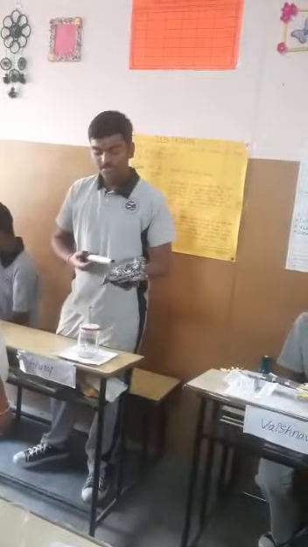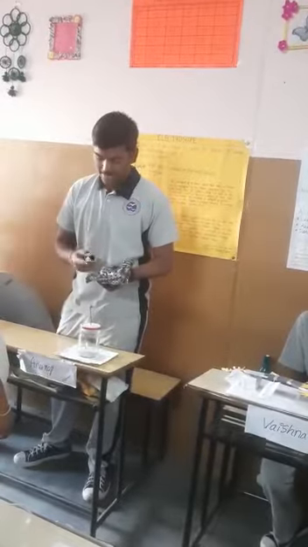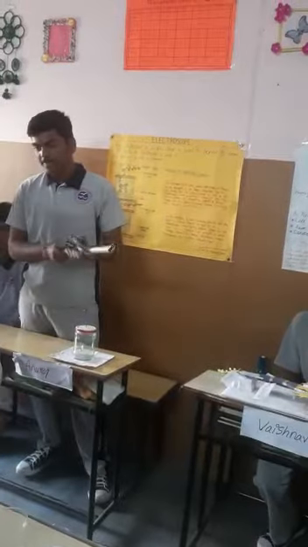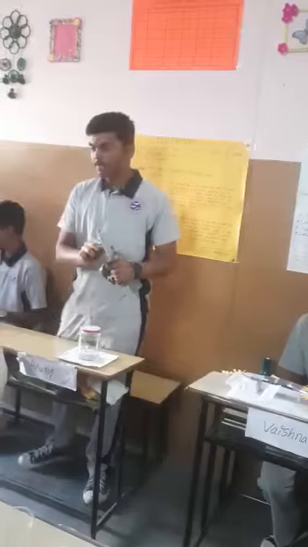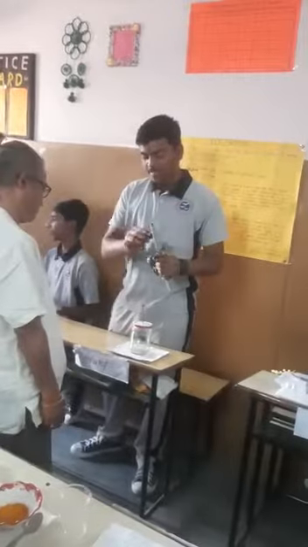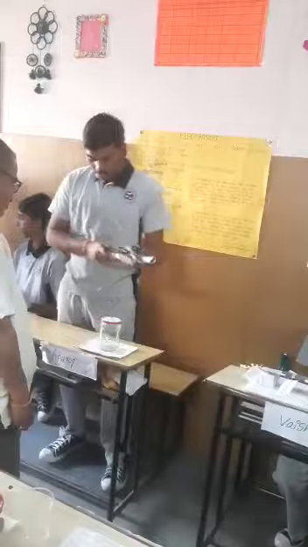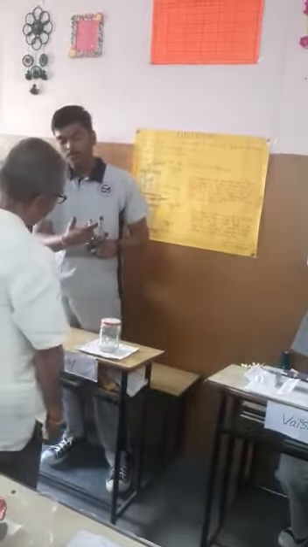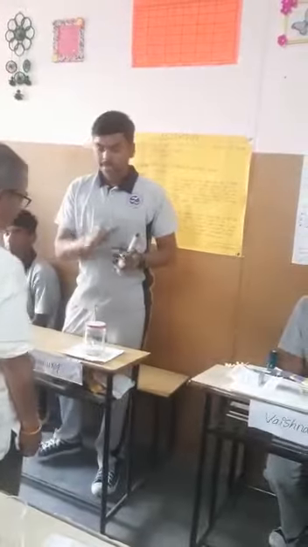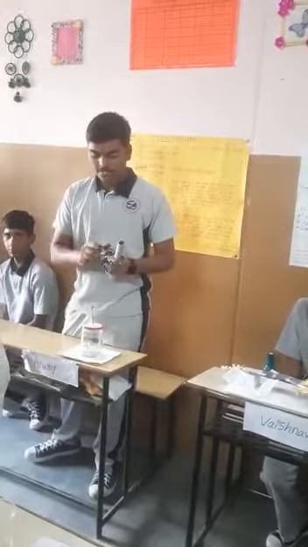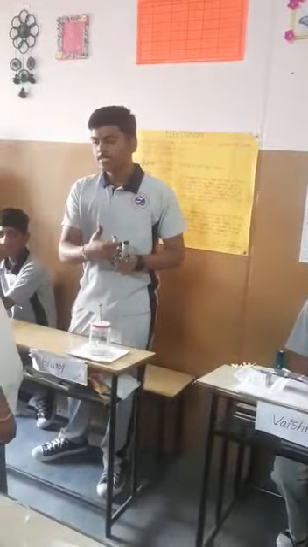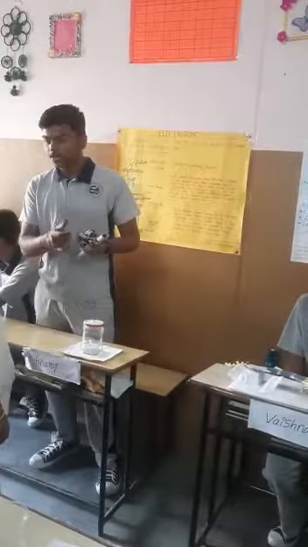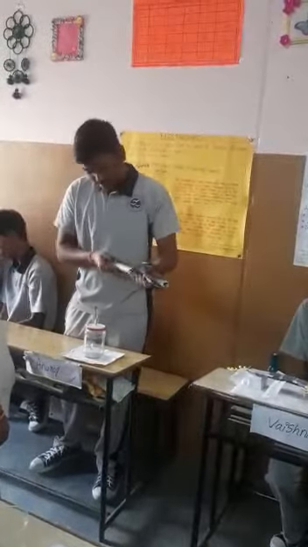When I rub a PVC pipe with a silk cloth like this, it is known as charging by friction. Friction means both objects are rubbed against each other, and then there is an electrostatic force between them. When we rub them, negative charges go to the PVC pipe in this case. In every case of friction, only negative charges are transferred. By this process, no charge is created nor destroyed. So I am charging it by friction.